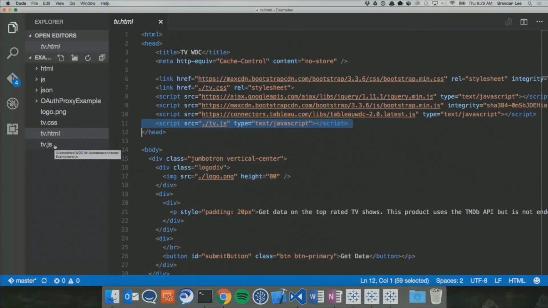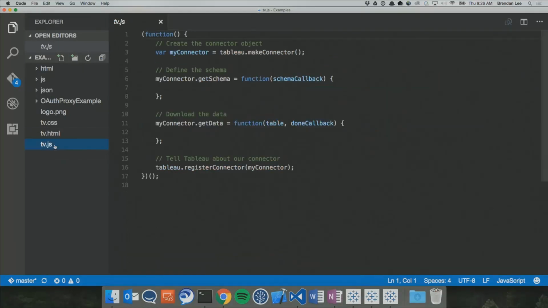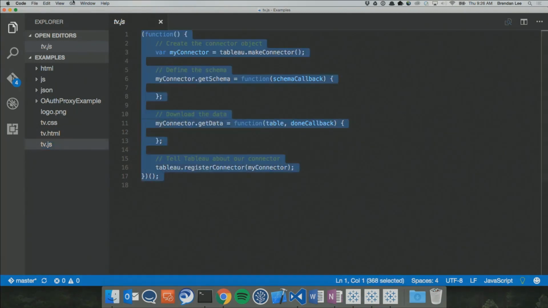As I mentioned, a Web Data Connector is just a web page. You can do whatever you want that you can do on the web in a Web Data Connector. But you do have to adhere to a basic interface for the Web Data Connector. And the interface is actually pretty simple. So this is some skeleton code, and you're going to see this in every single connector you work with. And all of the interface for the connector is basically just 4 lines.